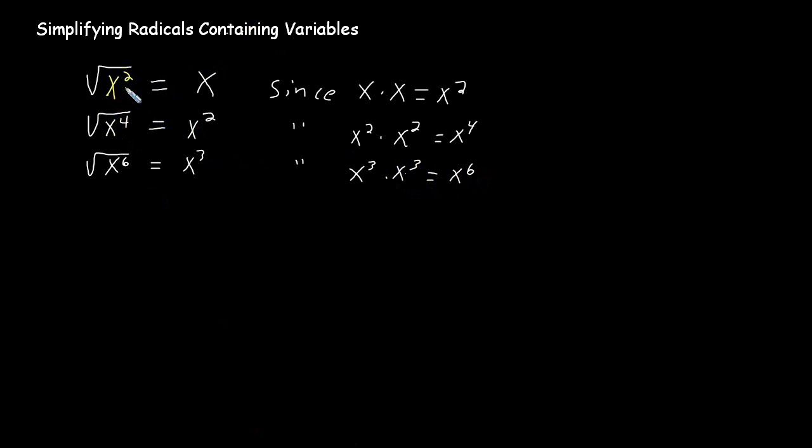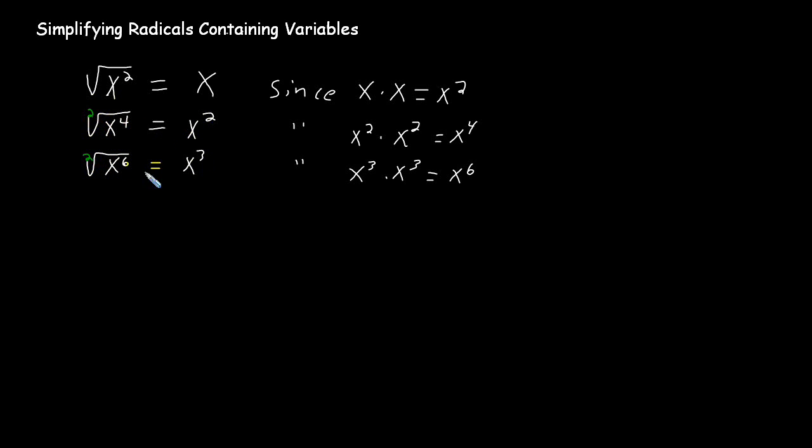If you look at the exponent in the radicand, and you look at the exponent on the answer, it's just half the exponent on the radicand. On the square root, there's an index that's understood to be a 2. You just take the index, divide it into the power in the radicand, and it'll give you the answer. So here, 2 will go into 6 3 times, or since it's square root, we're just taking